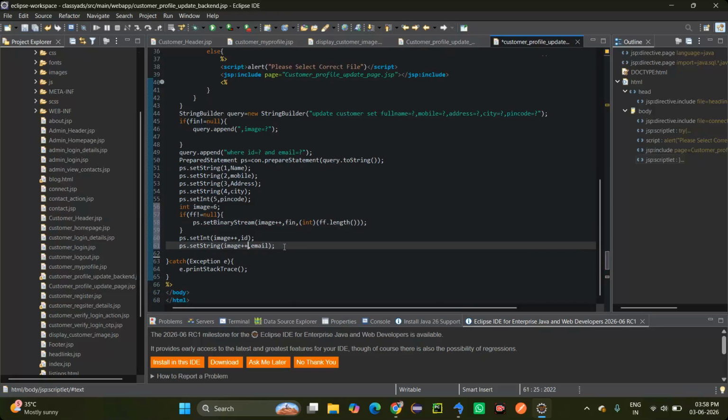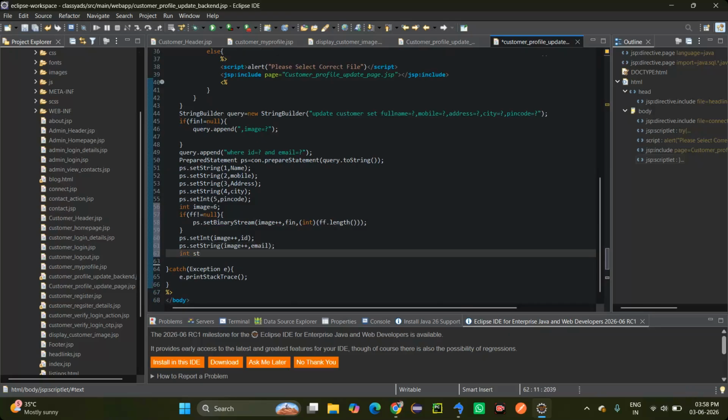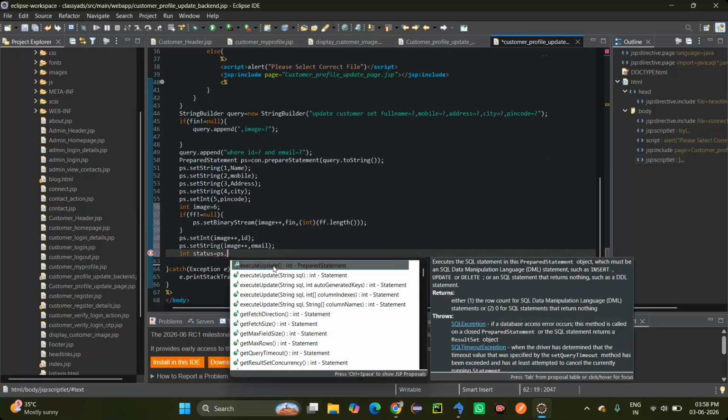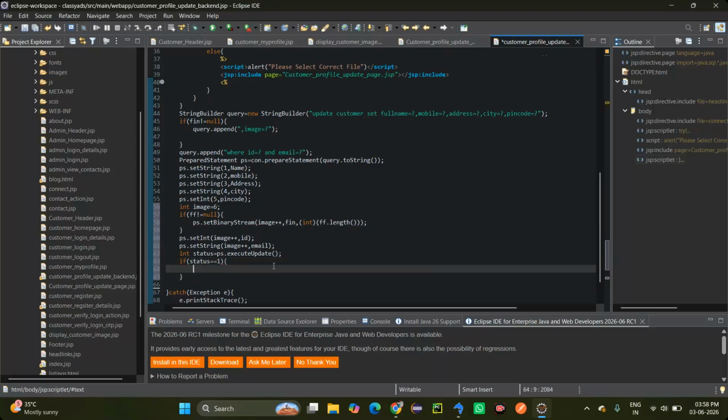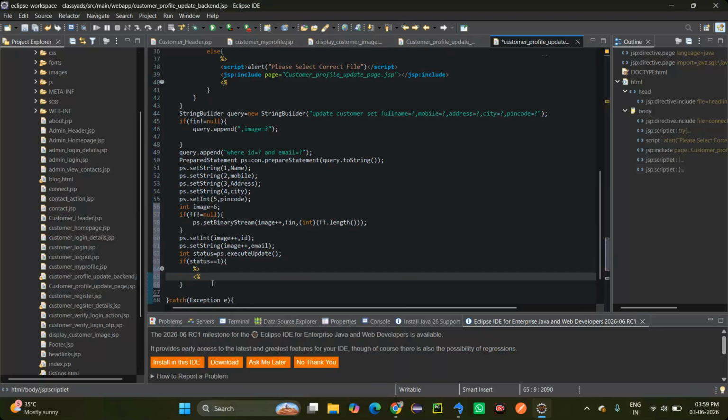And then after we can execute this. So you can write the int status equals to ps.executeUpdate. Then if status equals to 1, what we will do? We can give the update successfully. Okay, then else you can give like this. Okay,